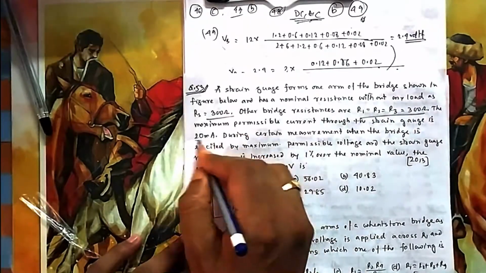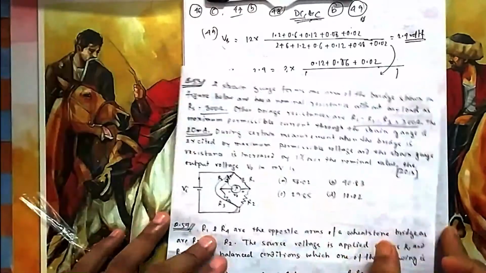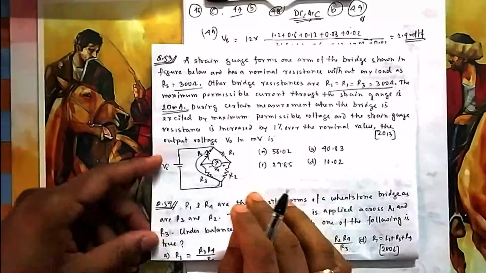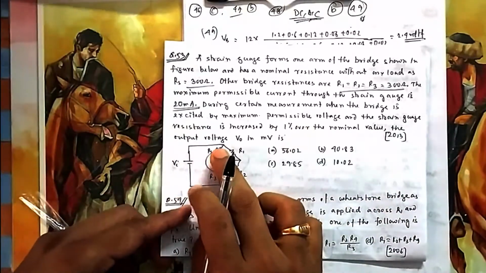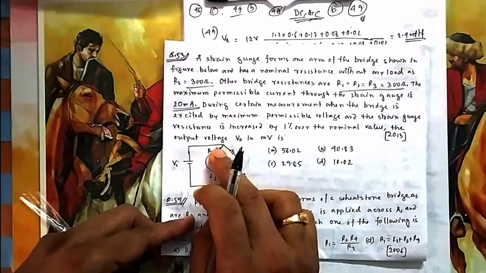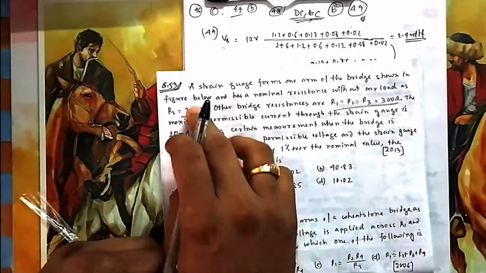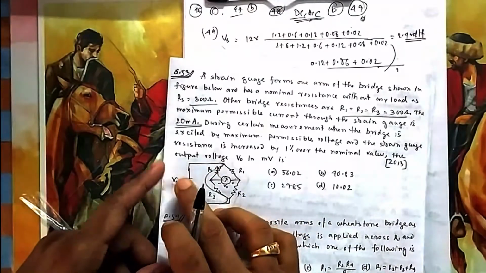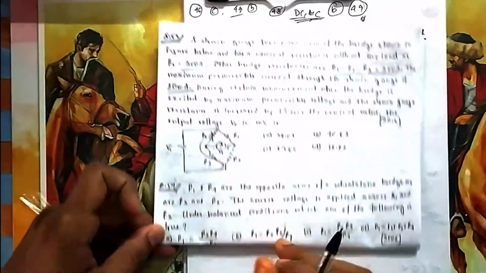This branch current is given as 20 milliampere. So what is the normal case? Your Vi, that is Vi max. Why is it maximum? Because in the next case it is increasing, which means the current is already decreasing. So maximum current will occur when resistance is minimum. Minimum resistance is 300, so we are calculating what voltage we can give. We can give that much voltage only.